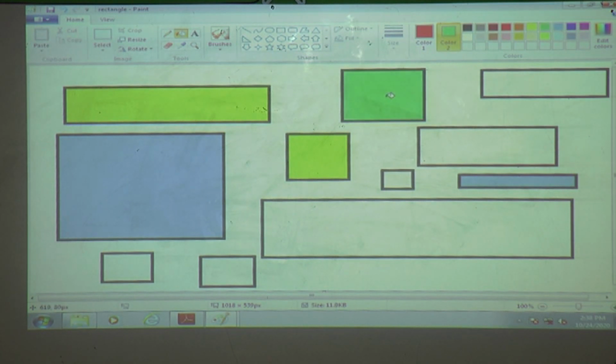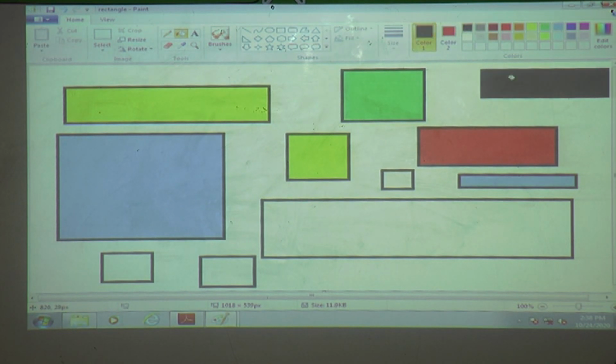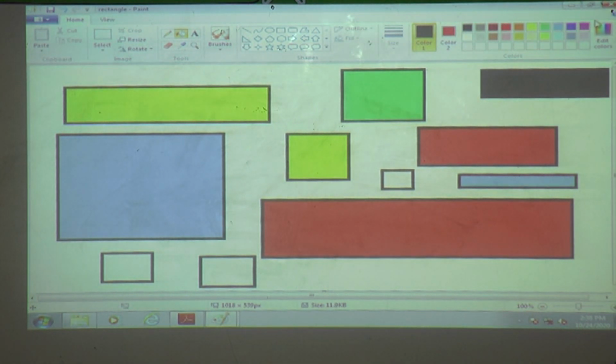Which button do I press now? Right button. Left button. We can give color to the background also.